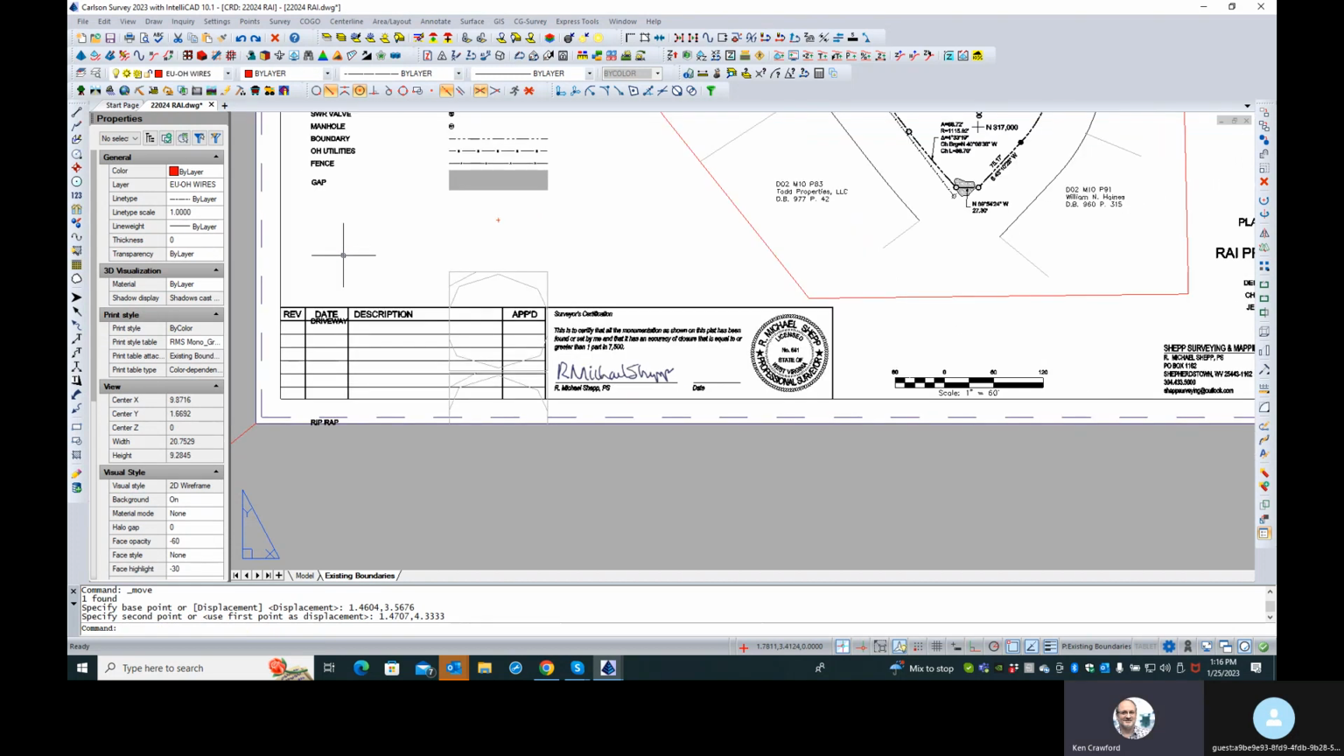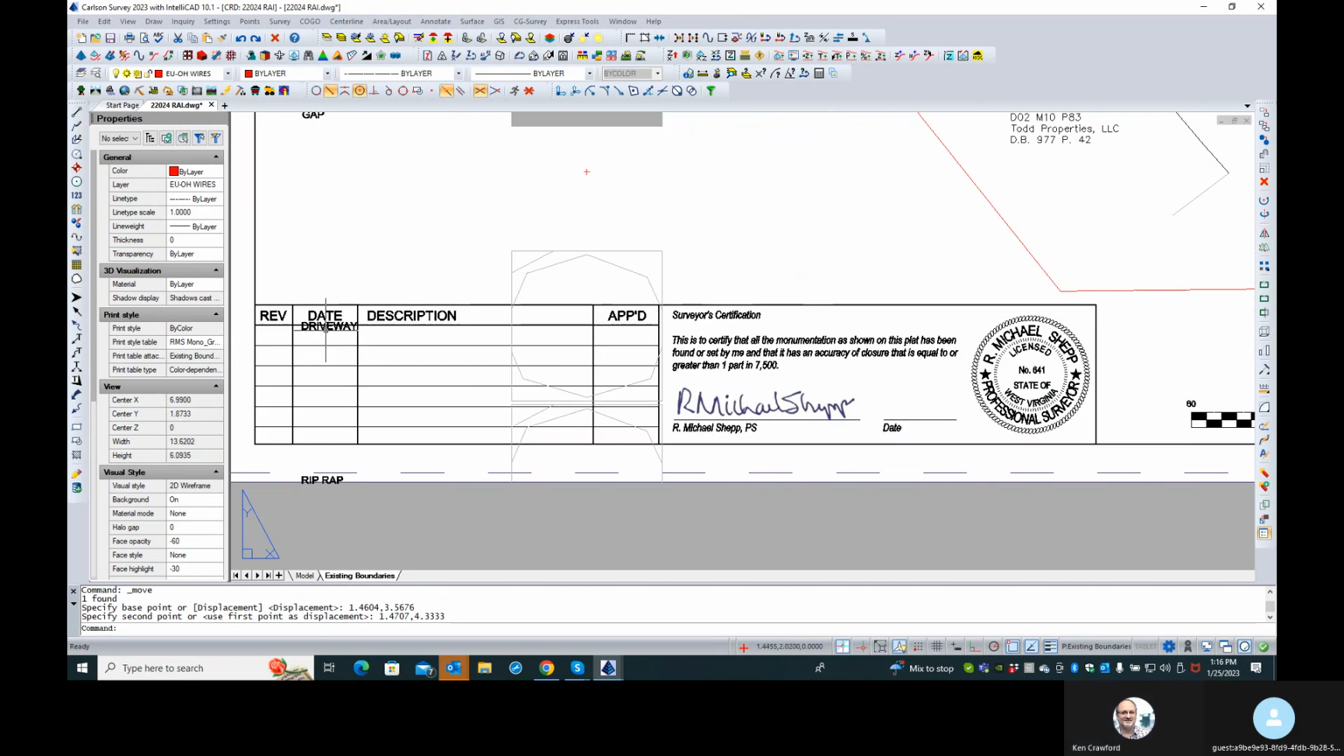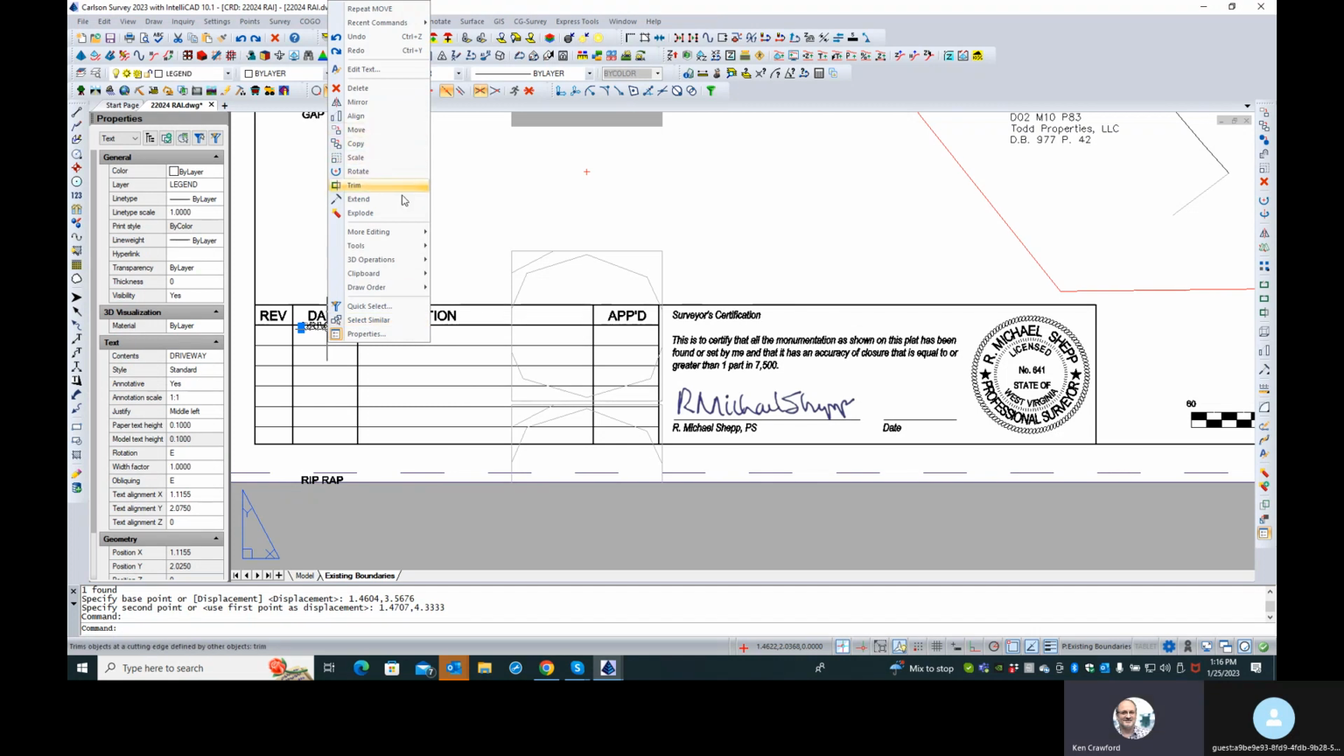Now you see where it says driveway, you want to select the word driveway and the two things to the right of it. Nope, wait, do it all together. Select that, do a crossing. There you go. Now move